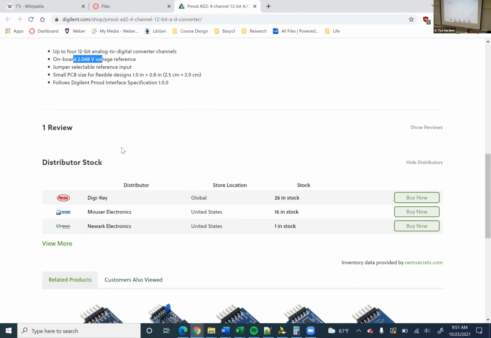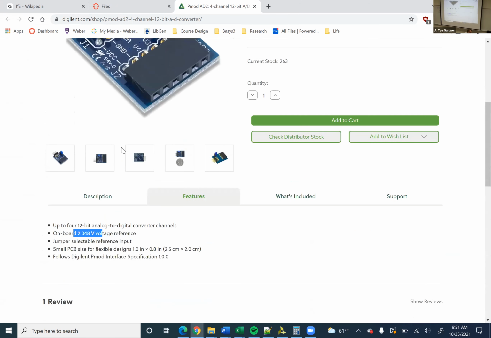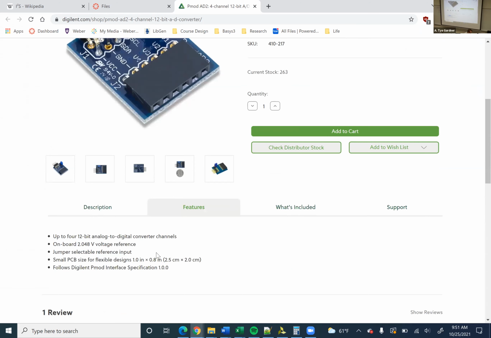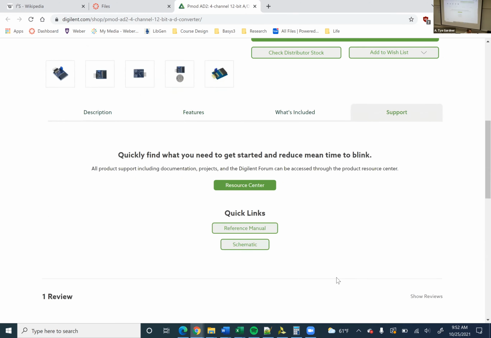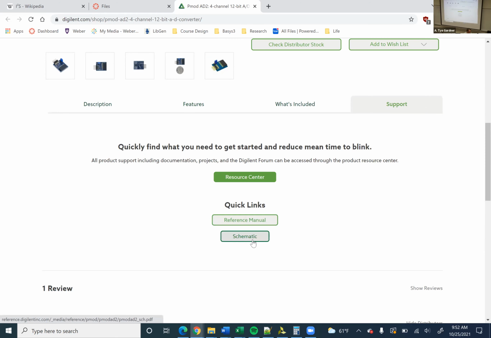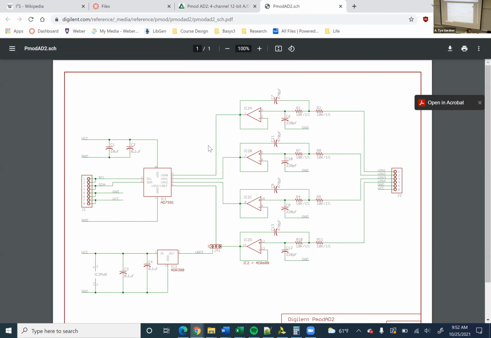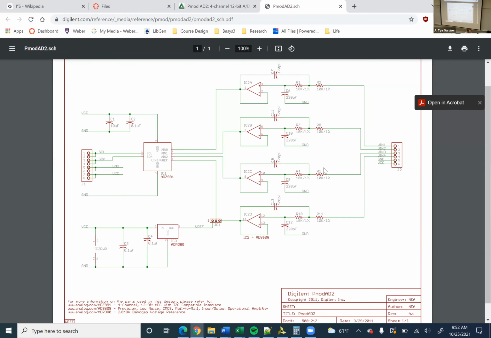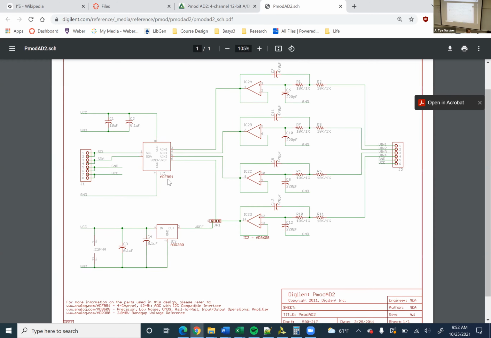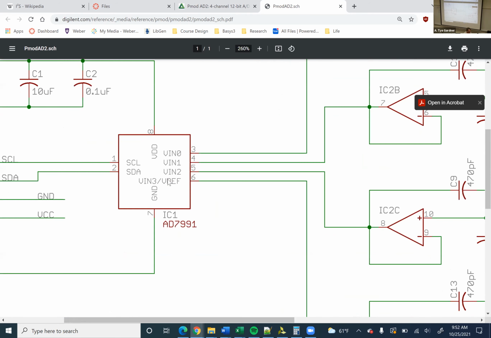This one does not talk about, interestingly, its speed anywhere, right? There is nothing in here about its sample rate. So if we go to the support, it has this reference manual and schematic. The schematic is helpful if you want to see how things are connected. So it has, here's the AD7991. That's the actual part that you're using,